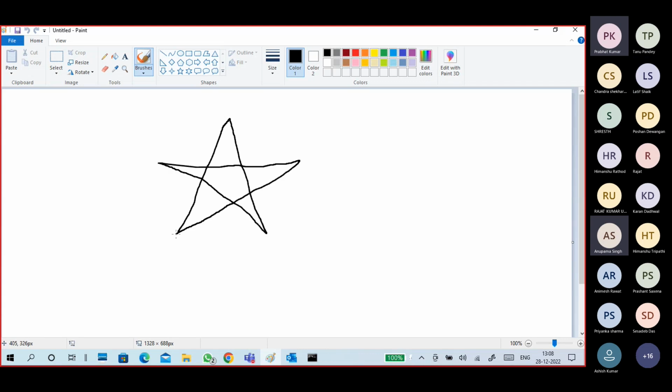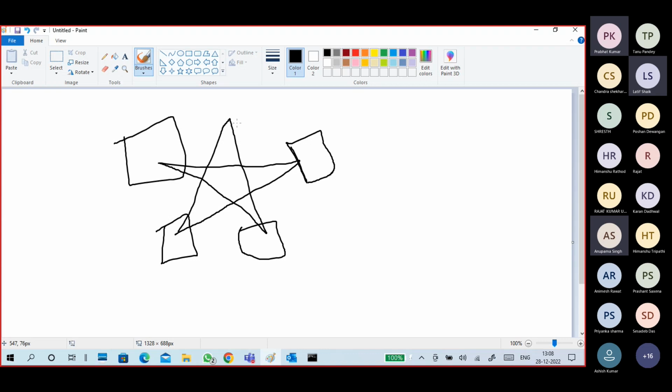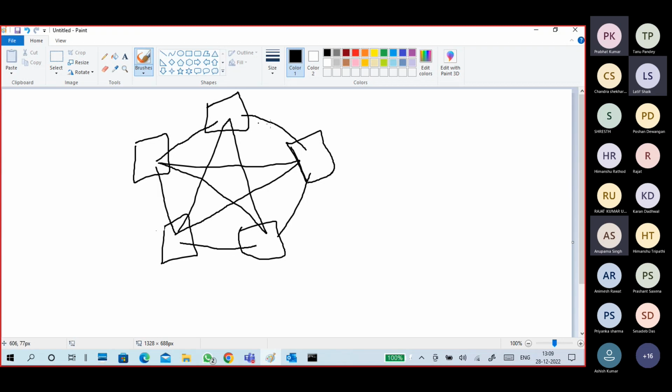This is the PC, this is the PC. Because when you see a star kind of shape, from childhood days you're habituated to see a star like this only. So immediately our mind is triggered to star topology. Even some people don't verify. I'm not talking about you, I'm talking even about lecturers. They don't verify, they'll tell this is a star. So this is not a star, guys. This is the mesh topology. Every device connected to all other devices is called a